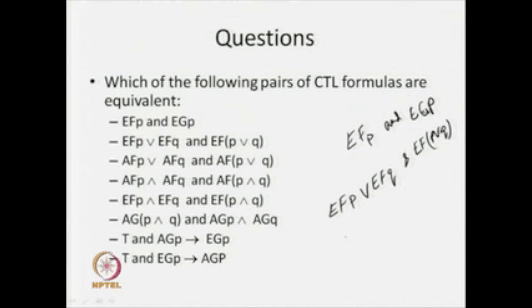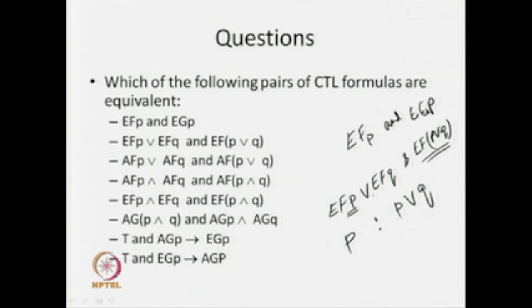So, we know that if P is true, then what will happen always? P or Q is true, because if P is true, then P or Q is always true. If P is false, then it depends on Q. So, if both are false, it is going to give me false. If any one is true, then it is going to give me true. So, if P is true, P or Q is true. That means, if there exists a path in the future where P is true, necessarily I am going to get that there exists a path in the future where P or Q is true.